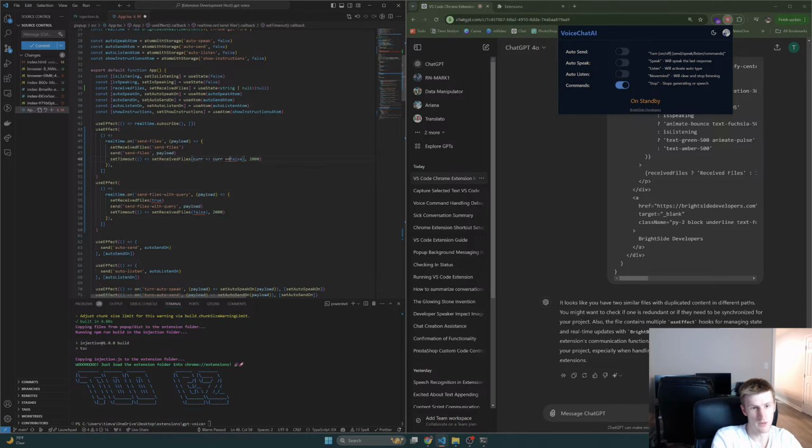Current, we want to do this, so we want to make sure if the current is equal to send files, then set it to false. Otherwise we want to keep it what it currently was, because that means something else took over. Oh, and this needs to be null, like that. And so similarly,